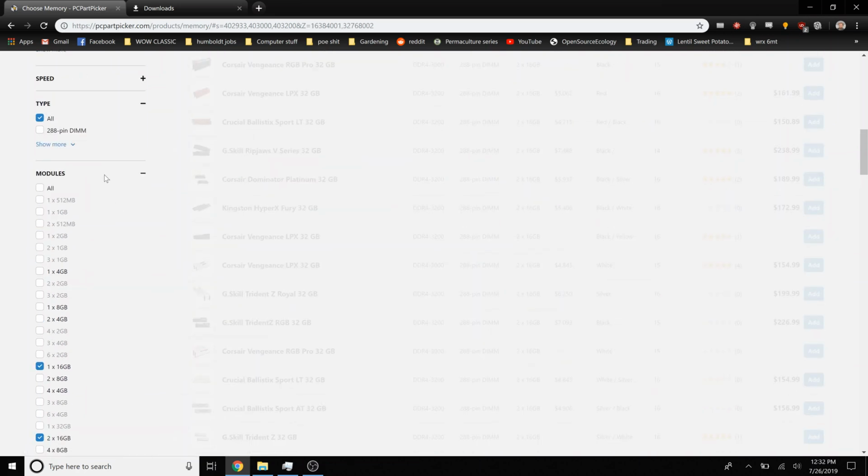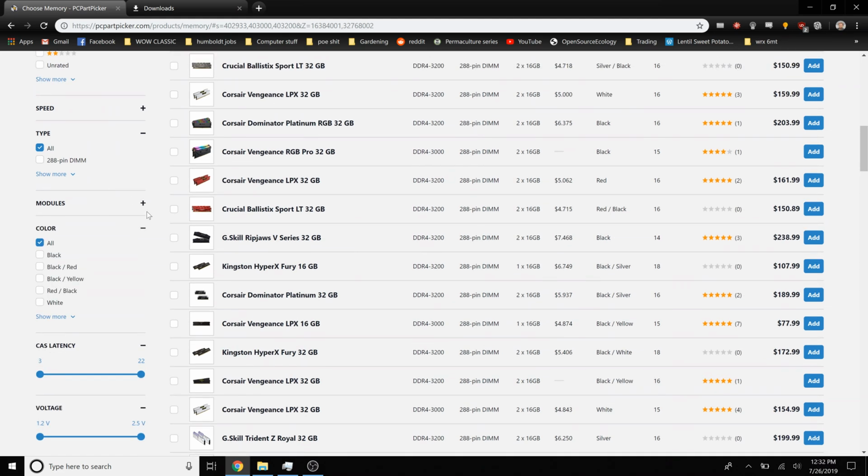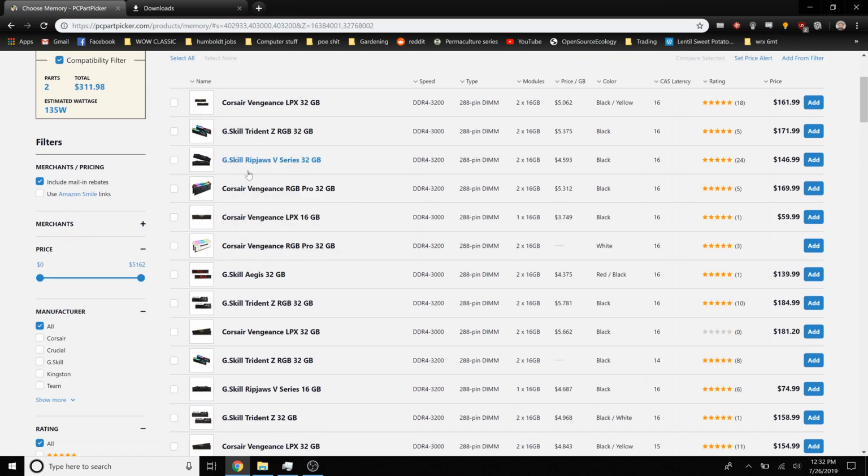If later on we want to update to like the AMD 16 core or the 12 core, we can do that on this motherboard. And so let's also make sure that we have plenty of RAM to handle all of our tasks. Okay, so now that we've selected our speed from the left there, we're gonna sort